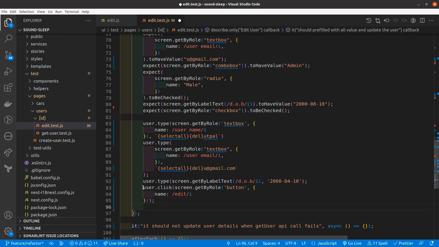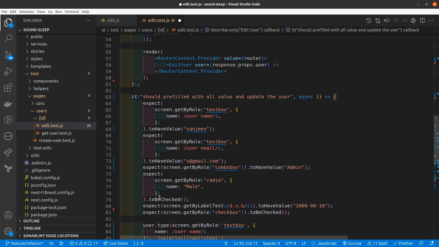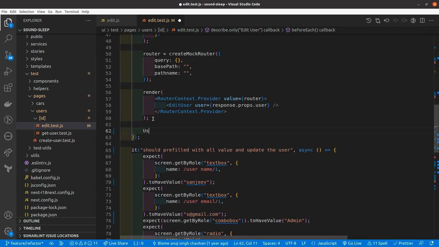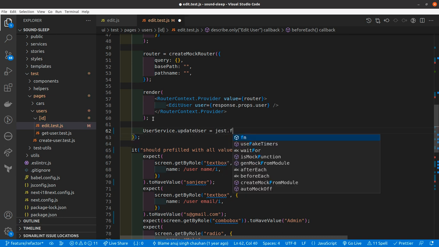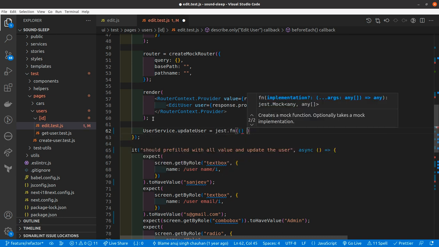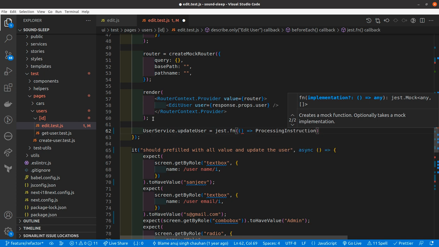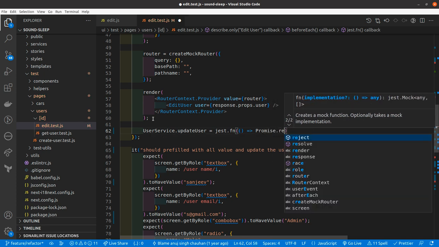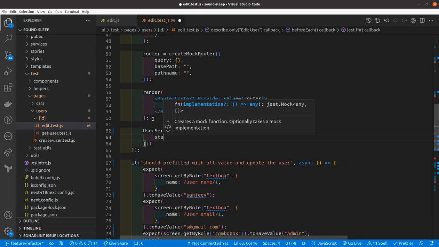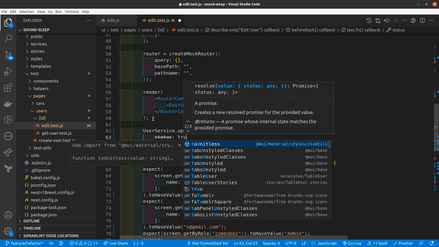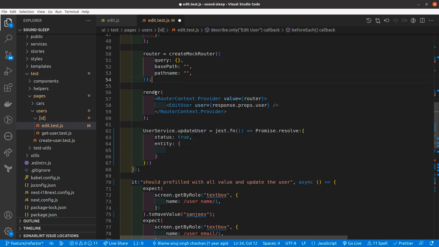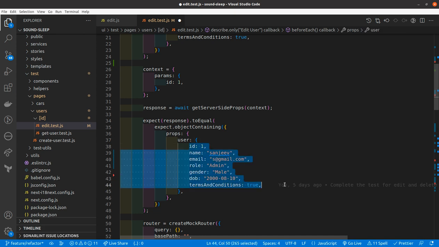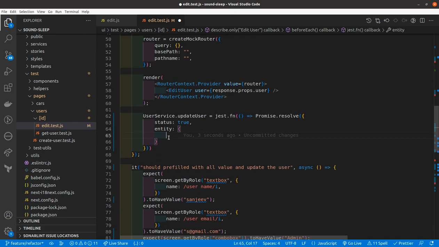What it does is it will call the update user function. So for this I need to mock the update user, jest.fn, promise result, entity will be this one. I will pass the entity here,